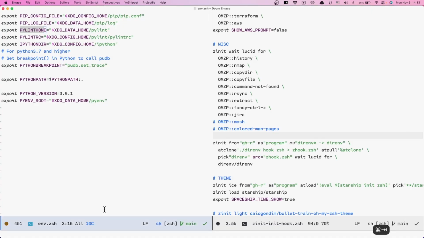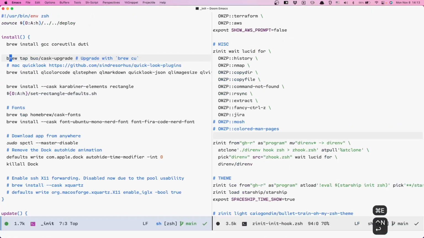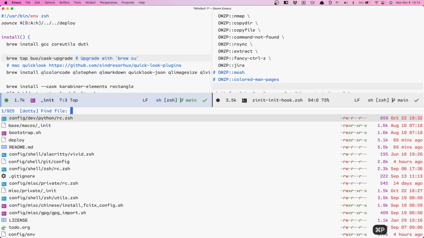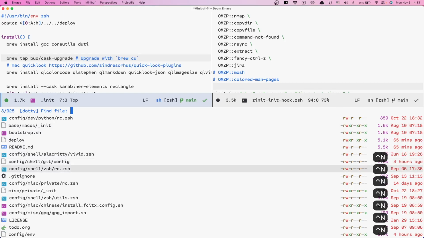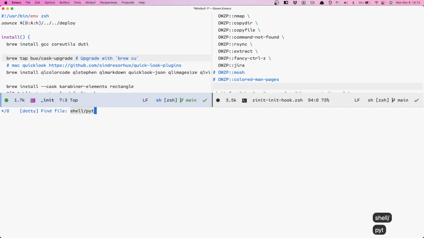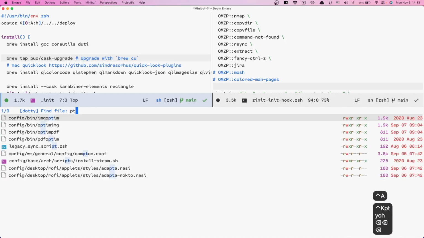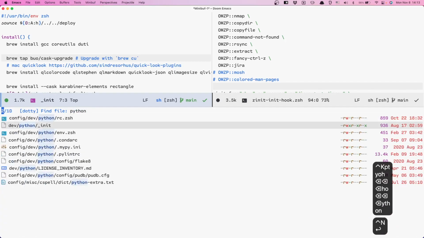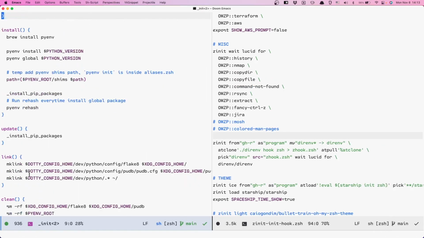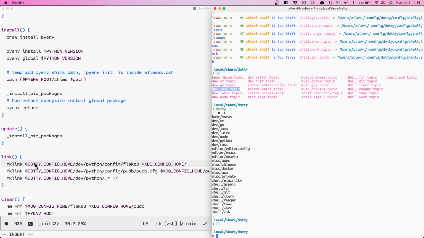So for link, it's more like a lightweight installation of configure files. For example, let's take a simpler example, Python init. For link, it just calls make link. Make link is a shorthand, like an alias for